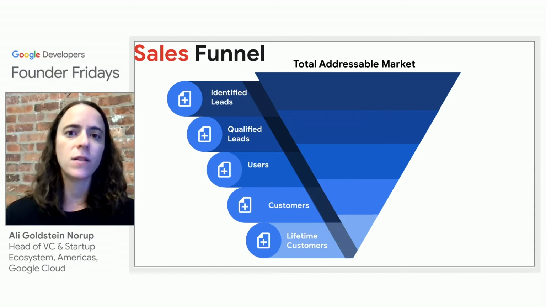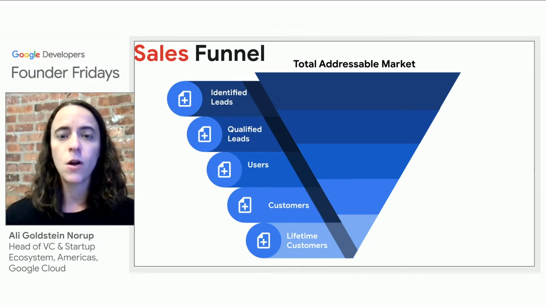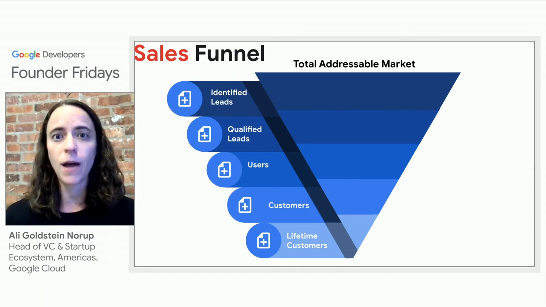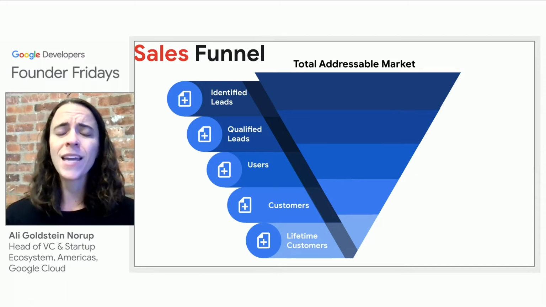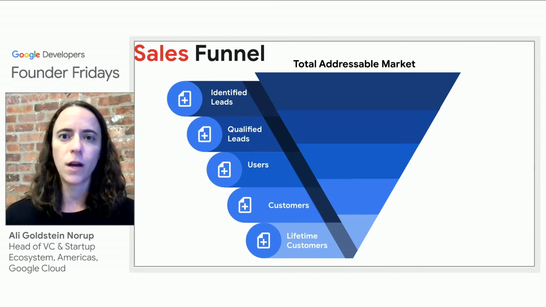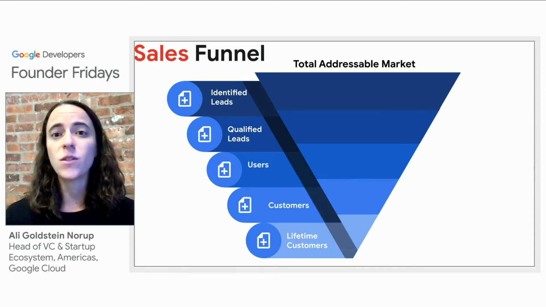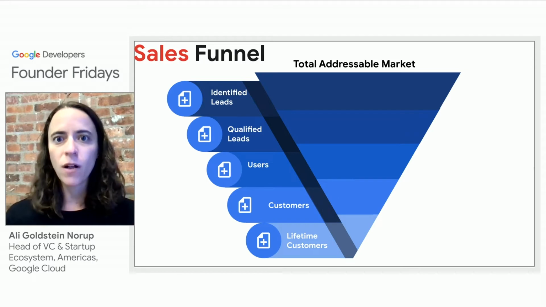Imagine we optimized for qualifying at a better pace, or really being very specific about the types of leads we're going to take in. Maybe let's think that we had 100 qualified leads instead. With those 100 qualified leads, we converted again at a 10% ratio to 10 customers and one ultimate lifetime customer. That ratio is much better. It's much more efficient. And truly, we're talking to the right customers. You can even imagine how this would get even better if you had 10 qualified leads and one of them went to a lifetime customer.